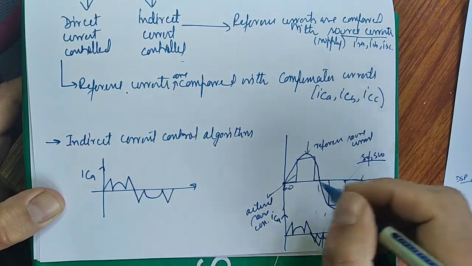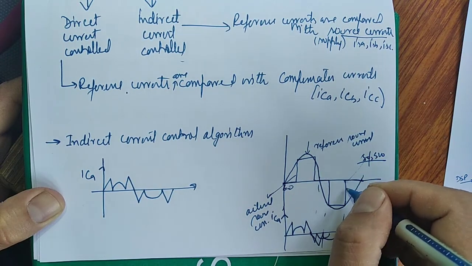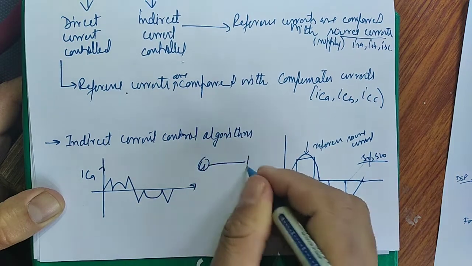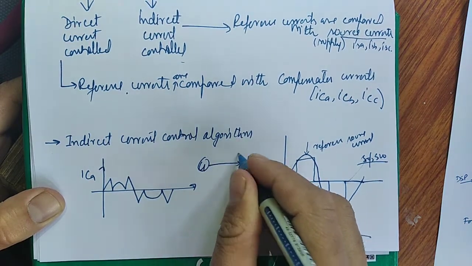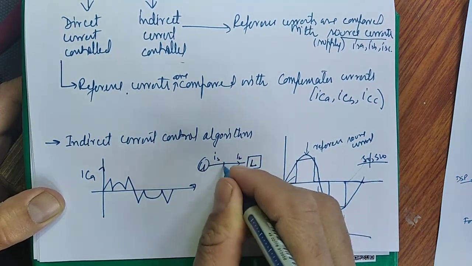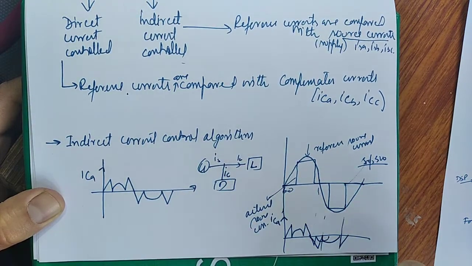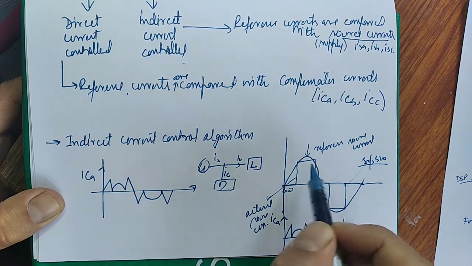This current is only in the three-wire system. This is the load current, and this same load current will be in the grid, because if you see this, this is the grid, this is the load. So IL will be equal to IS. Still, we will put a compensator here, the D-STATCOM. So IS will be the same as this current.